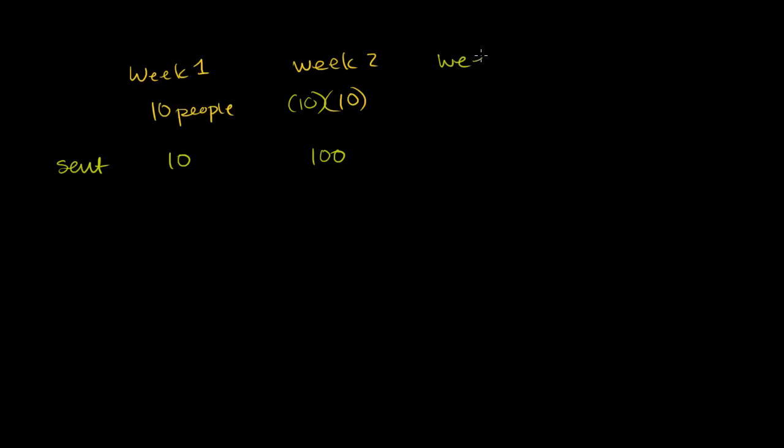In week 3, what's going to happen? Each of those 100 people who got this one are each going to send out 10, assuming that everyone is really into chain letters. So 1,000 people are going to get it. And so the general pattern here: in week n, where n is the week we're talking about, how many people receive the letter? In week n, 10 to the nth people receive